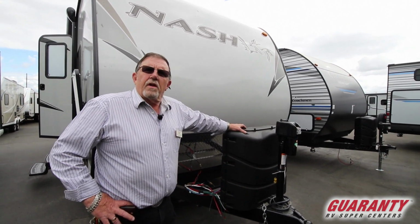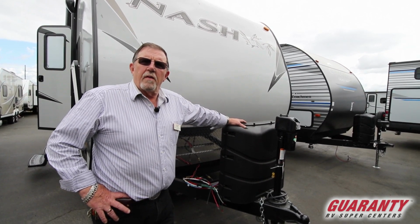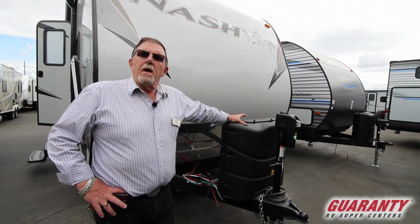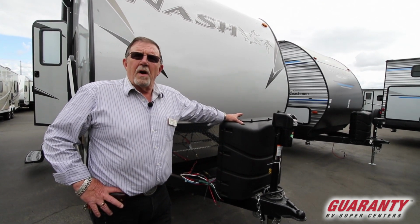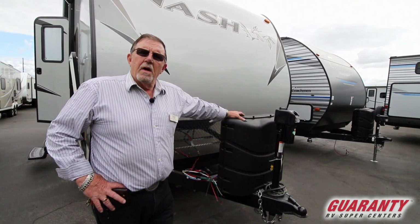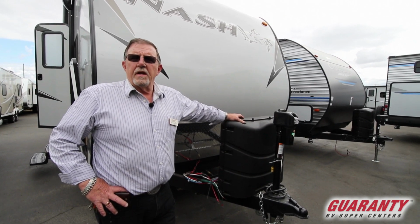What they do differently is they don't build massive amounts of any one thing. The other thing they do is they start with the frame and they build their own frame. They're not buying a frame from a regular supplier. They build their own frame, have a third party that inspects it to be sure it's of the quality they're